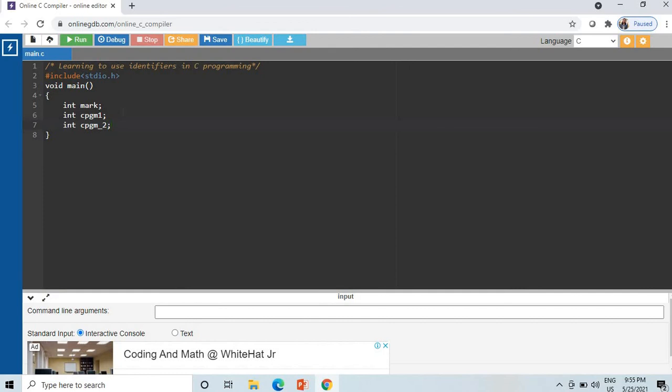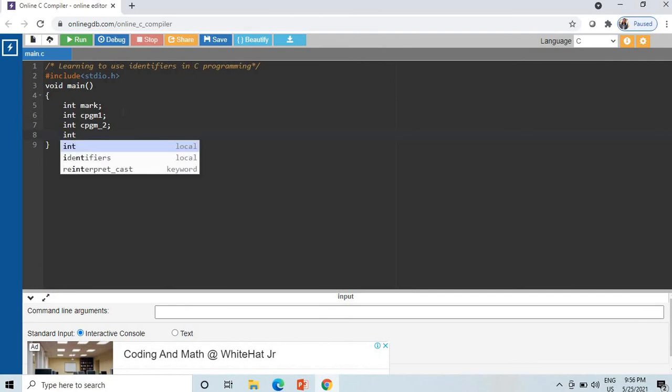In identifier names, it should begin with an alphabet character. It can have a maximum of 32 characters. You can have an underscore, and you can also have numbers. You should not use any other special characters in the identifier or variable name.